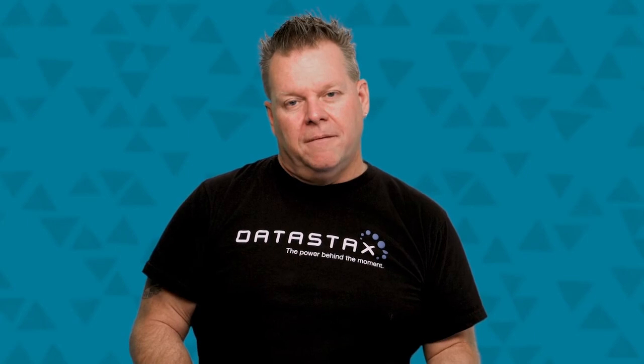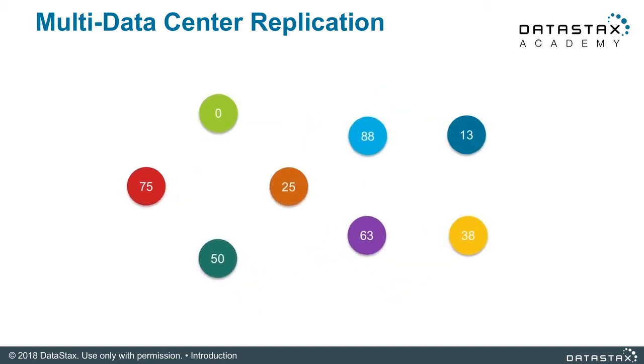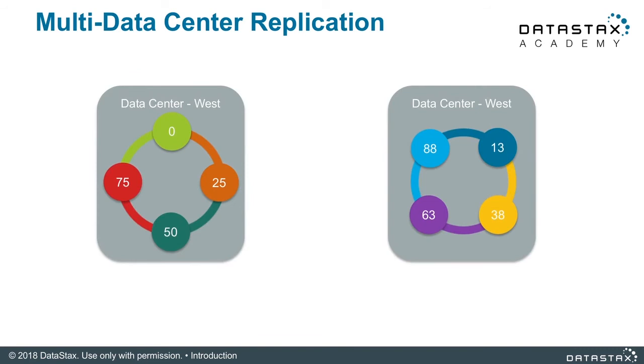But what about multi-data center? This is, I think, the most important part of our replication story. Multi-data center is hard. When you try to add multi-data center to any other database, it turns into a real mess because you can't get the architecture just right because it wasn't designed to do that. Here's the beauty of how Apache Cassandra does replication. When you have 2 separate data centers, either physical or logical, that means that it splits up those ranges in these configurations that lets that data spread out neatly across the different data centers.